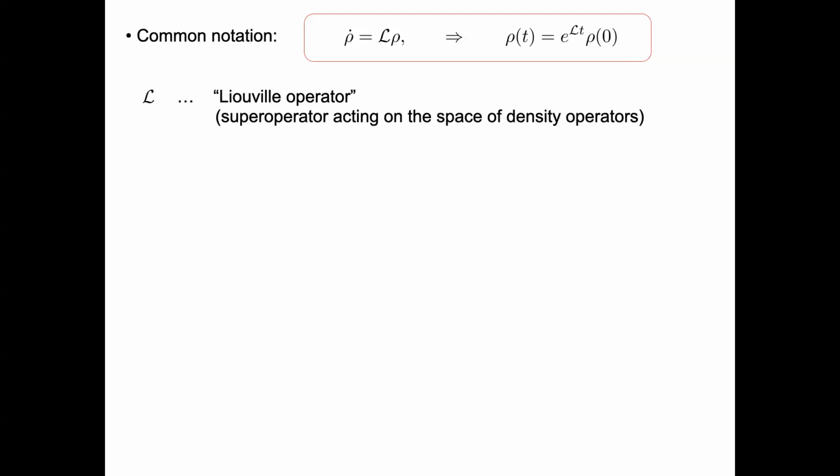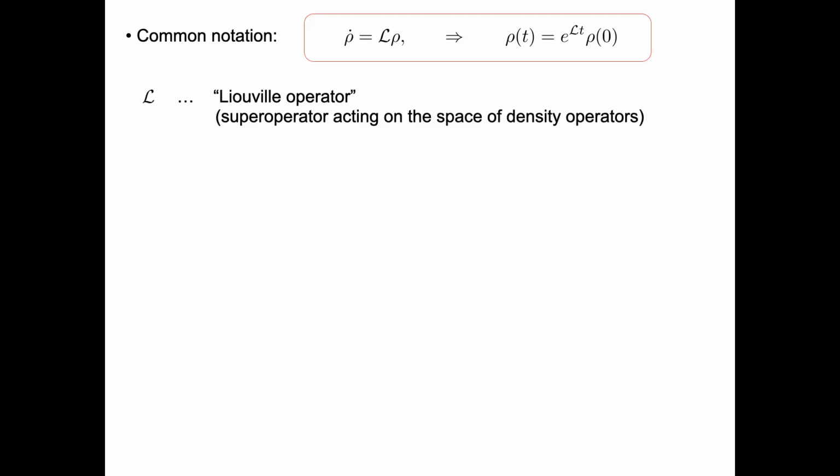Okay, so we can write down formally, this is my evolution, like we integrate the Schrödinger equation. Here we have an H and a minus i, and therefore e to the minus iHt, and here we don't have the i, so therefore it's just e to the Lt. Okay, so that's just the formal solution.